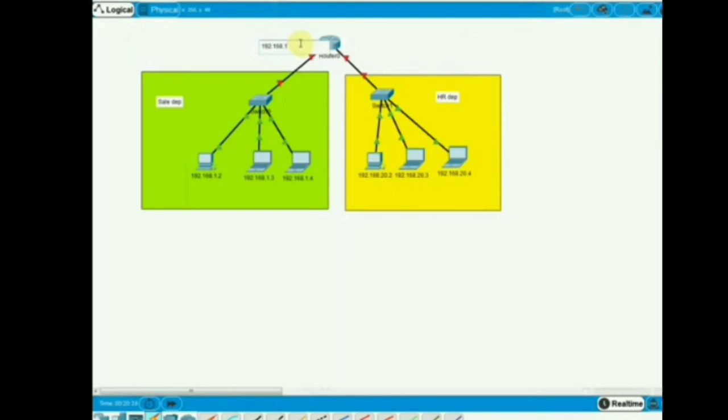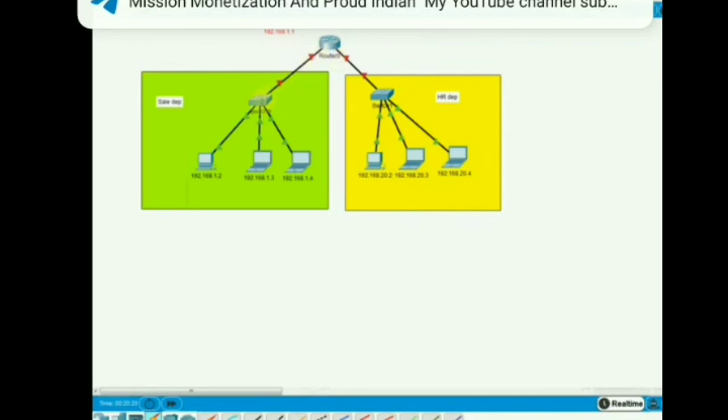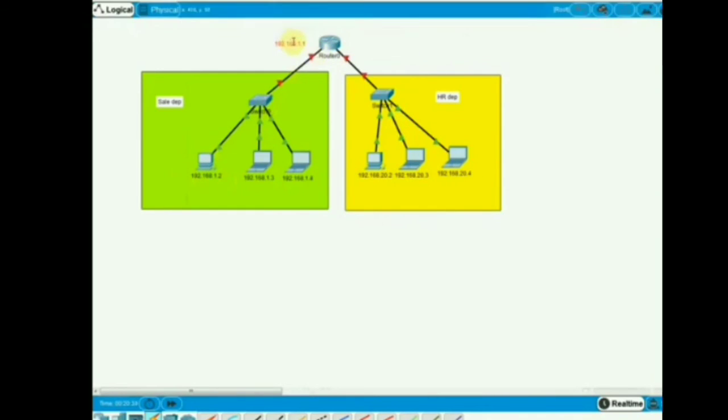If I say this is the gateway for all the computers. What is the gateway? Gateway is the entry and exit point of the network. So if this computer wants to go to any place, we need to pass through here, so this is the gateway, right? This is the gateway for all the computers. So what I need to do is go inside, whatever we have, the default gateway, and we have to write this IP for all computers.